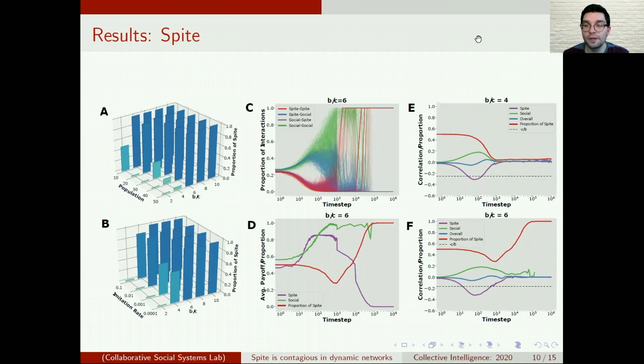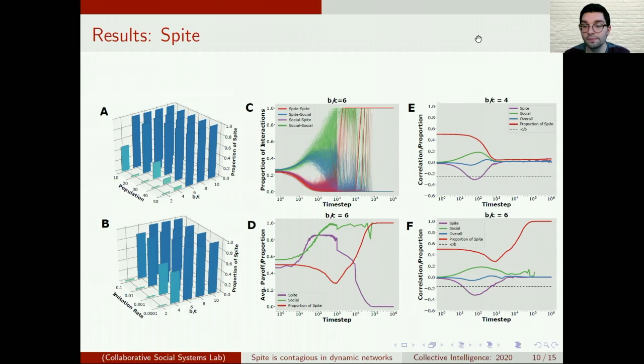At the same time, spiteful agents also learn that they want to play social agents, and so they're forming anti-correlation, and so they're getting negative values for their correlation. But because both these processes are happening at the same time, overall correlation doesn't change that much because it's being offset by the two opposing forces for the individual strategy types. So when we look at E, we're still at a B over C value that's low enough that spite isn't